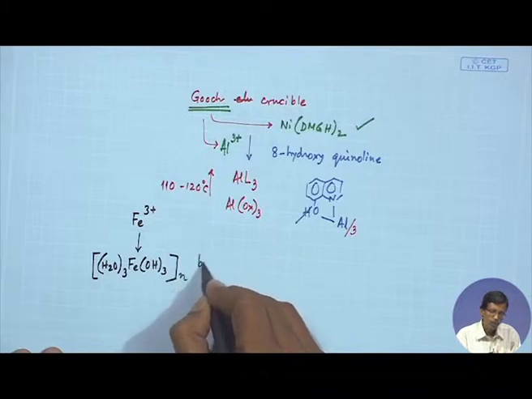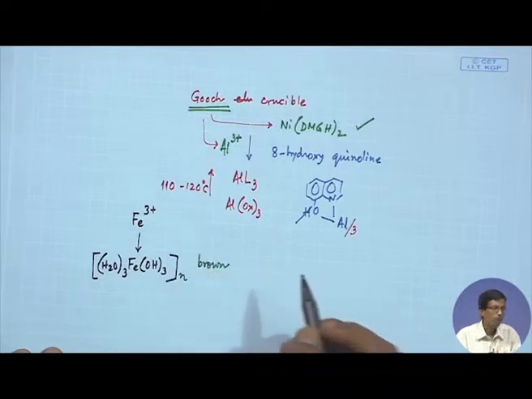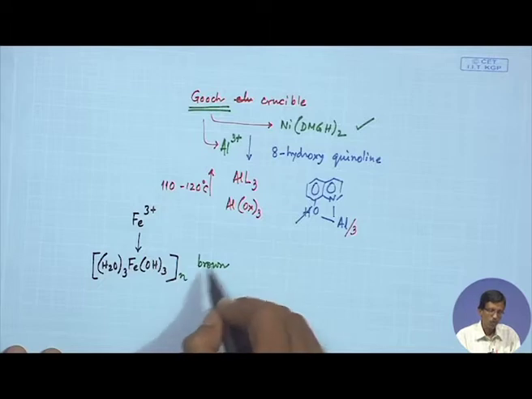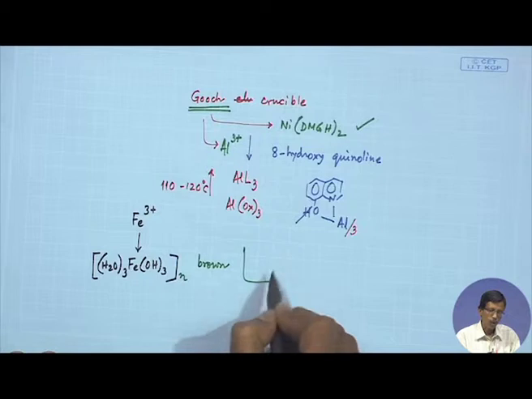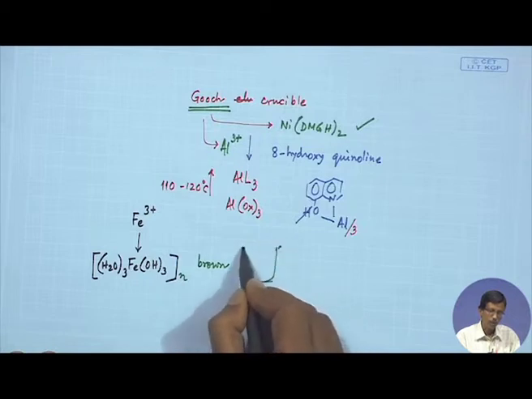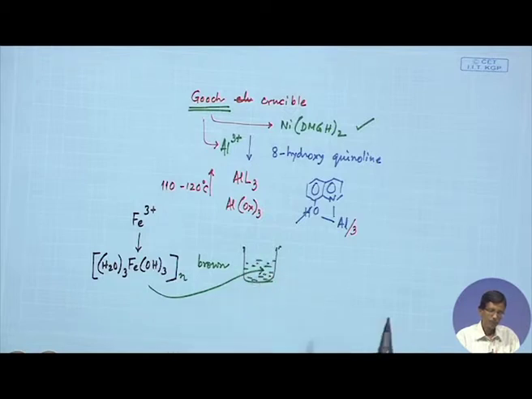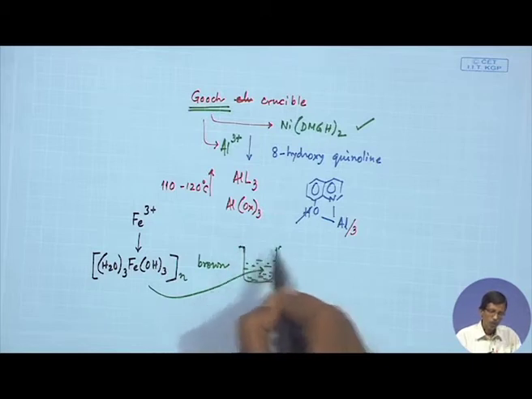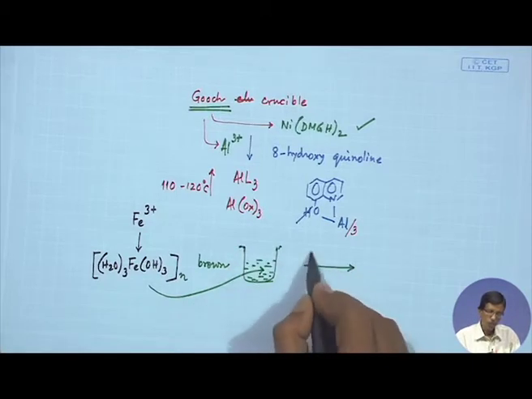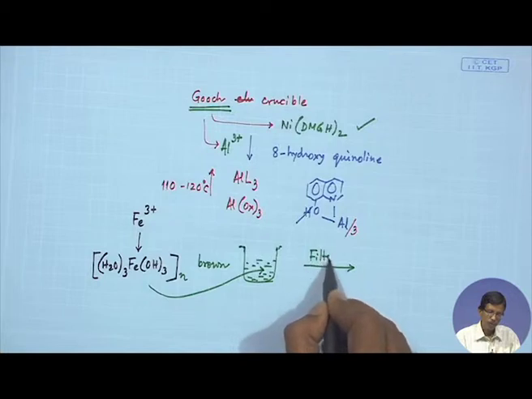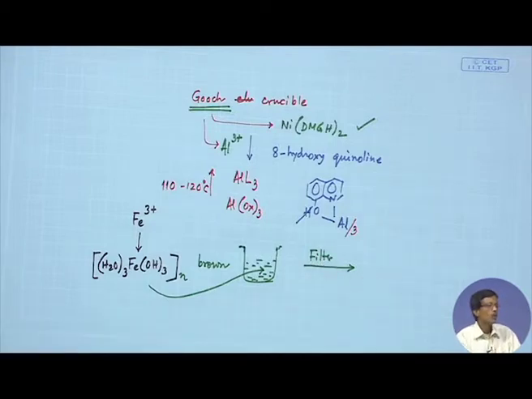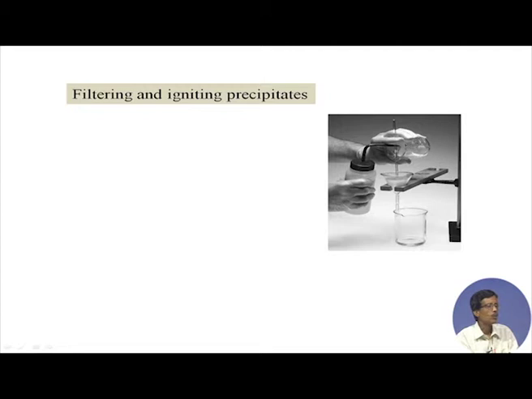So, this yellow brown fluffy material, which is voluminous also, you get in a beaker. So, you have the beaker in your hand, you have the precipitate in it and you have the aqueous solution over it. So, now how to filter it? You have to filter it. So, initially what you do, you transfer the solid.